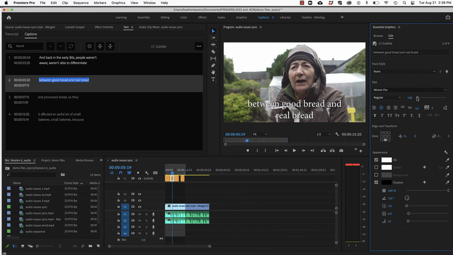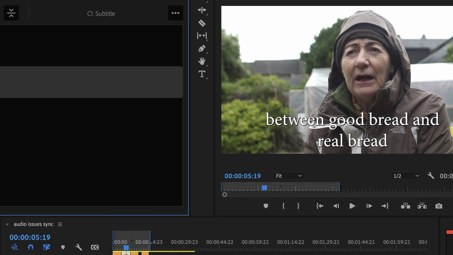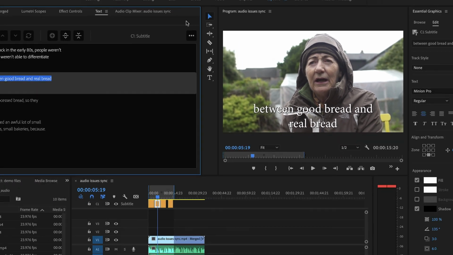So once you have all of your captions baked in and ready to go, you have a couple of other choices you can make. So I can export these to text files or SRT files, upload these as my transcripts to use in YouTube and Vimeo. If not, I can just simply export this. Those captions will be in there, and I can share on social media.